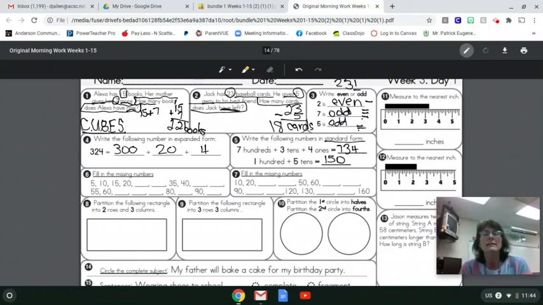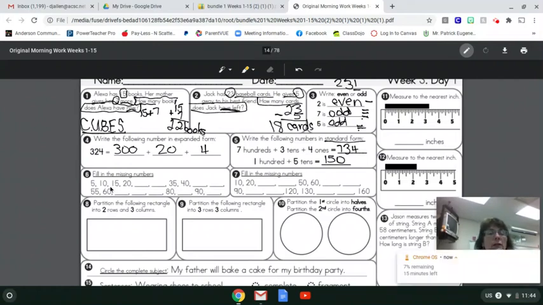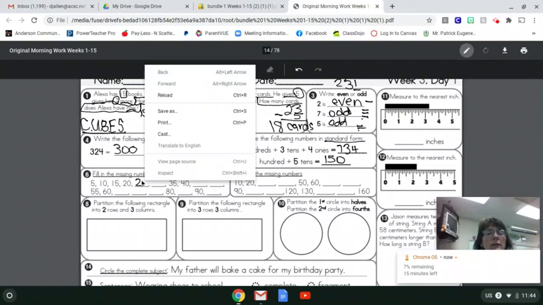Number 6 and 7, we're filling in some missing numbers, and these are patterns, boys and girls. You have to look at the numbers they give you. They're giving you 5, 10, 15, 20. What's going to come next? I see that they're going by fives. 5, 10, 15, 20, 25,